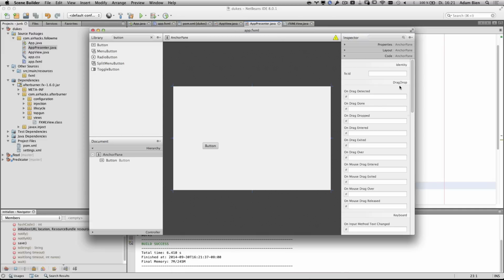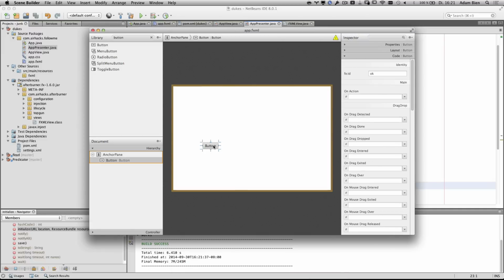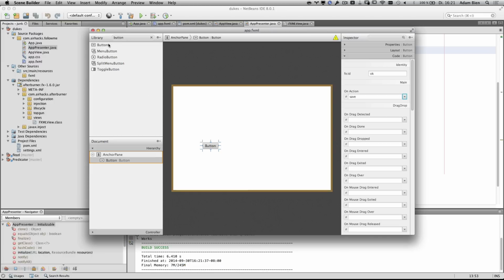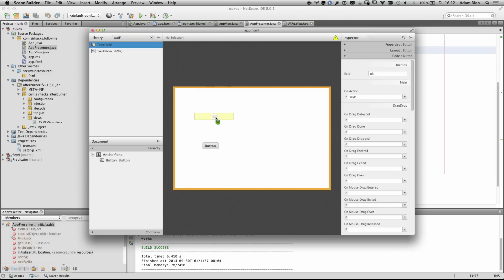So we can go here and say button onAction, save. It's recognized here, saving. And here we can say, OK, what we also would like to do is to have a text field. Text field and probably a label.